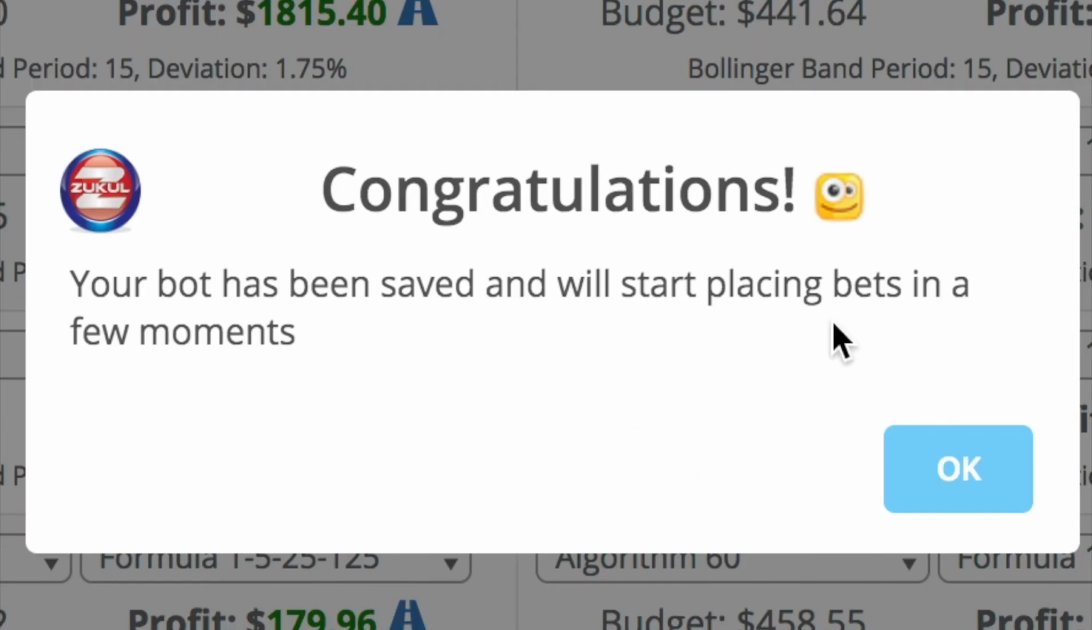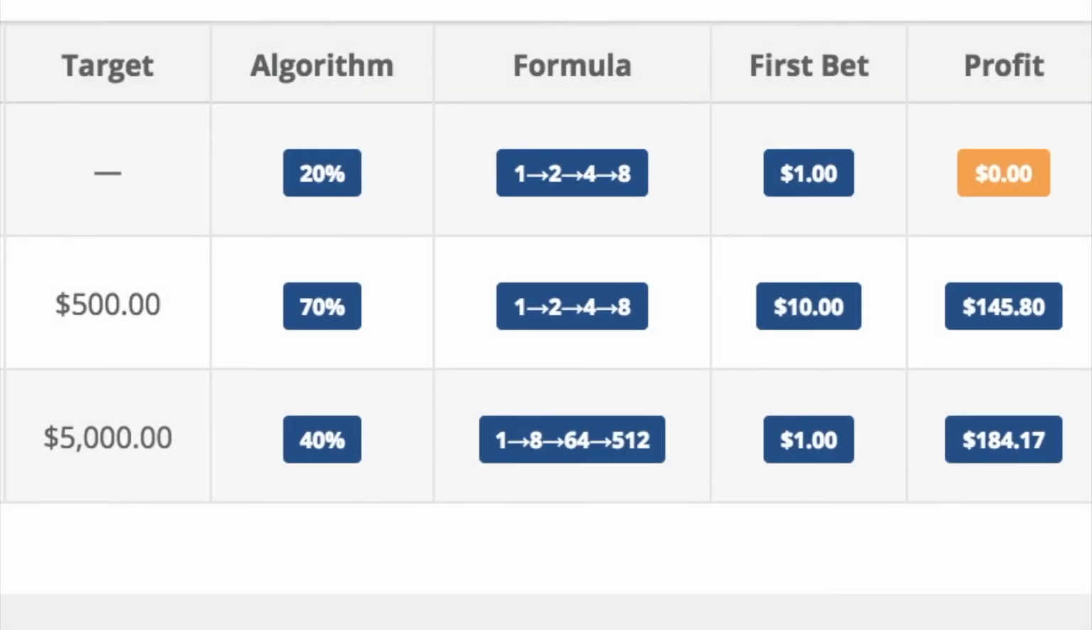You'll get this pop-up congratulating you that your bot has already been set up. So you just click OK. And what that does is reload the screen and take you over to your bot. So here's the bots that I've got running already. As you can see, this one is in profit of 145 now, and this one is in profit of